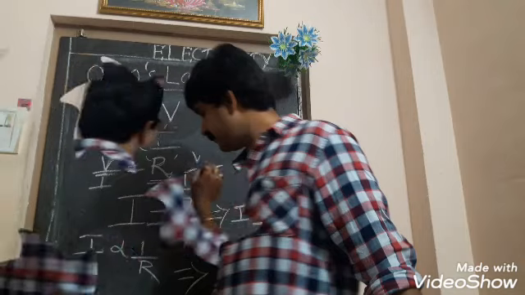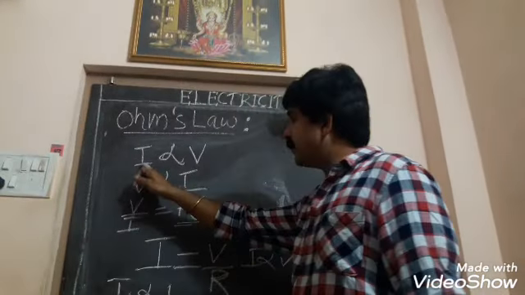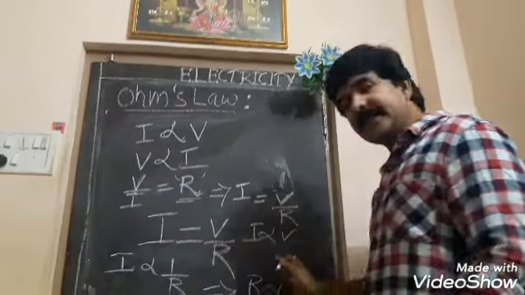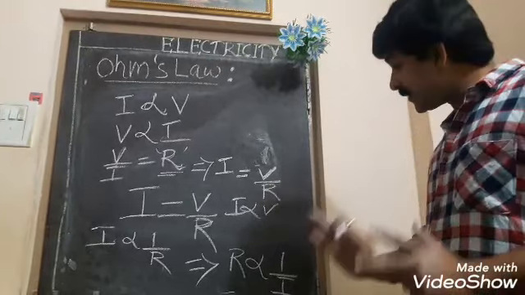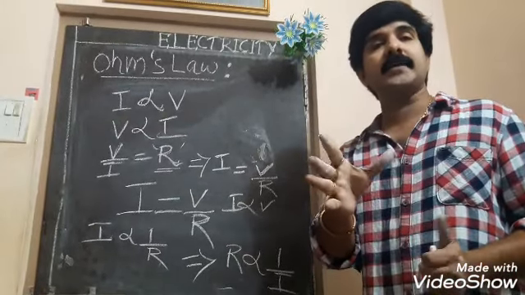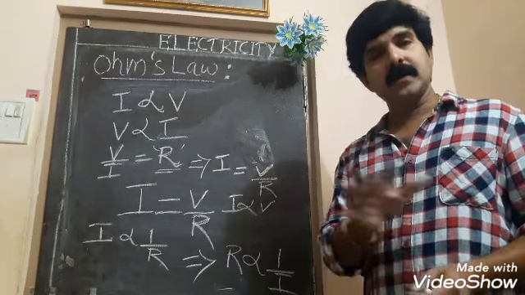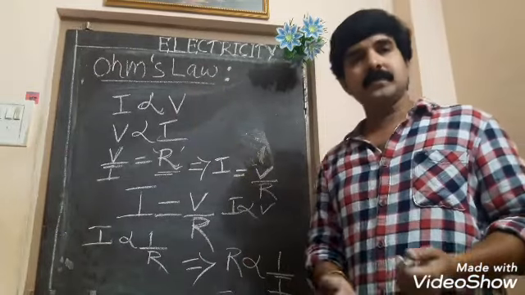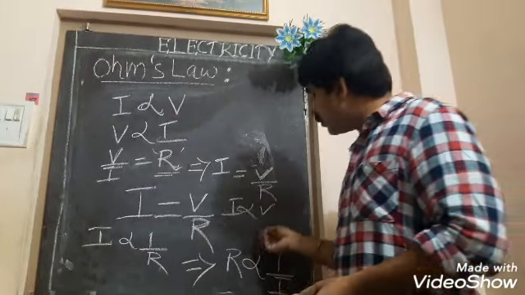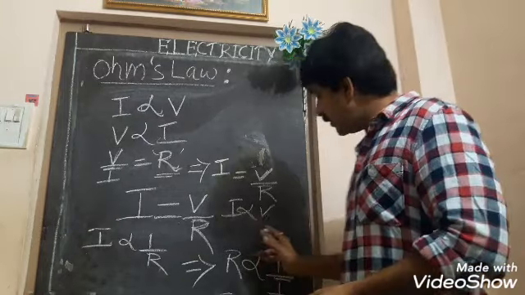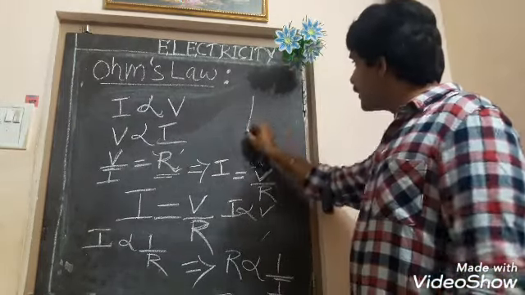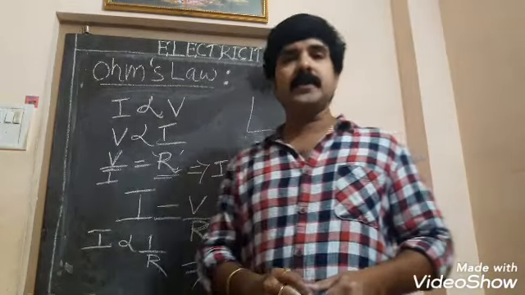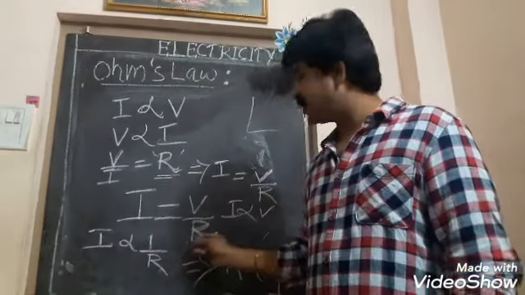So by Ohm's law we had a proportional relationship between current and voltage, and we derived how the resistance of the material is impacting the flow of current. If the resistance is high, flow of current will get reduced. All the things we got from Ohm's law only. So tomorrow in the next session we'll learn about the units for resistance, and we'll also plot the graph between current and potential difference, and we'll do some problems on that. Okay, today we'll end the session here.